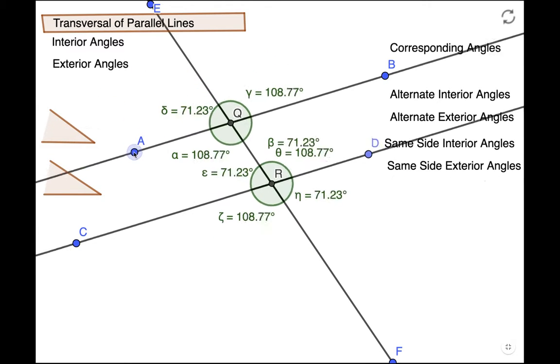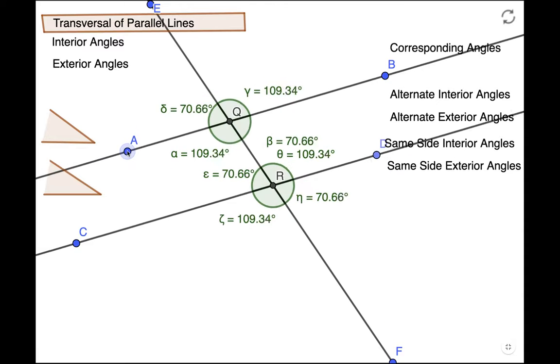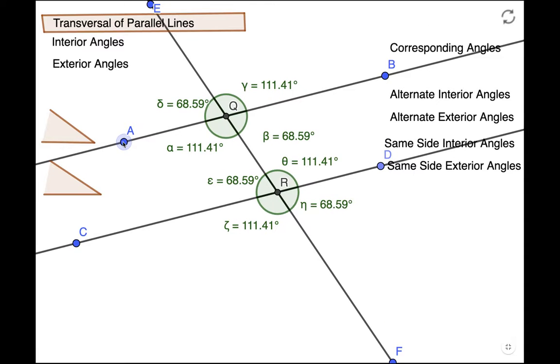But if I change these lines AB and CD, it doesn't matter how I change them. If they're parallel, I have an angle measure of 111 degrees here, here, here, and here, and I have an angle measure of 68 here, here, here, and here. Now, the most important thing to realize then is if we have one of them,